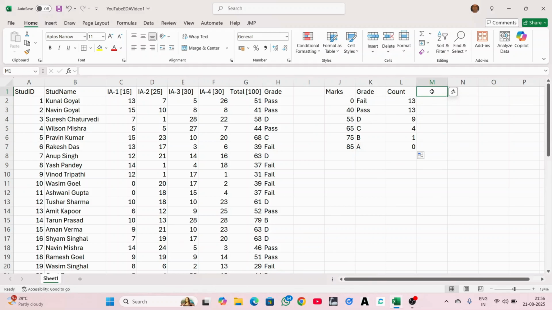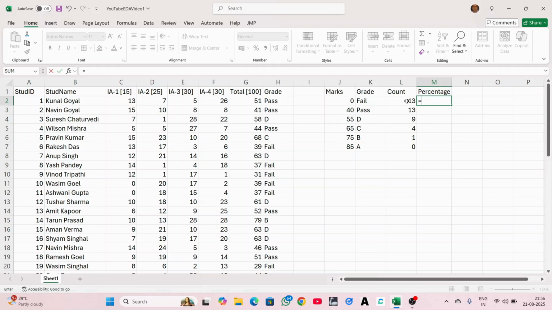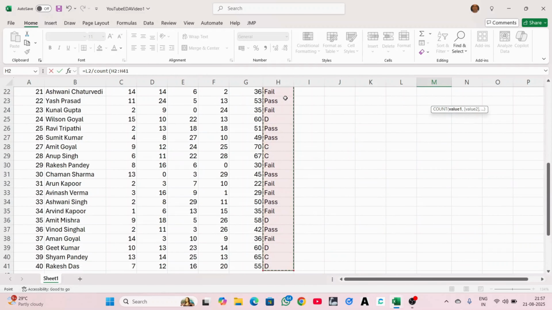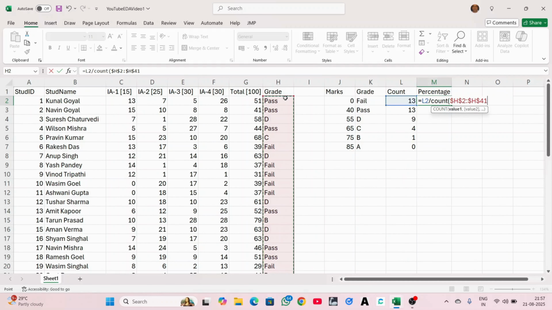Okay, so let me see the percentage of students in that particular category. Now we know the maximum number of students is 40. So let us look at it, equals this divided by count. I want to again count, I don't want to put a static value, and because this count is going to remain static, you can put F4, enter,